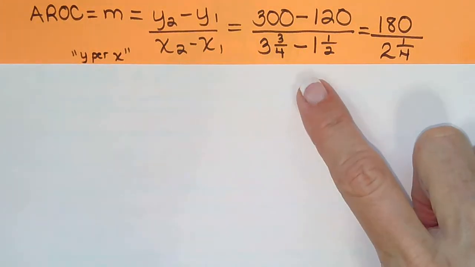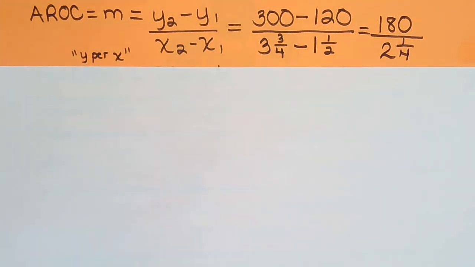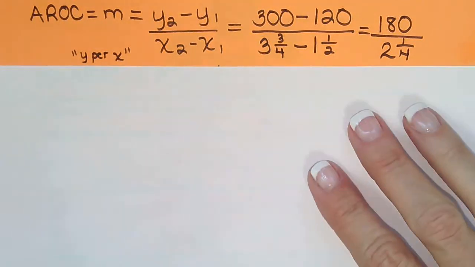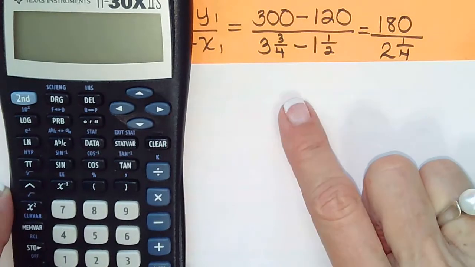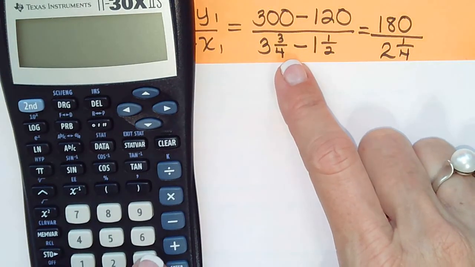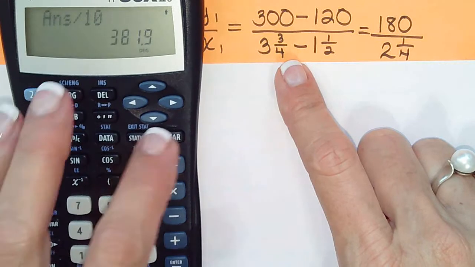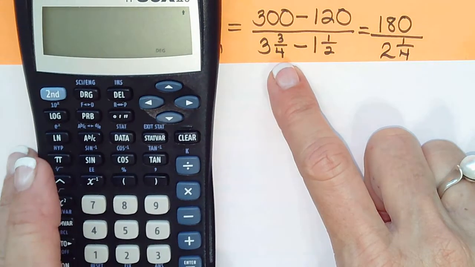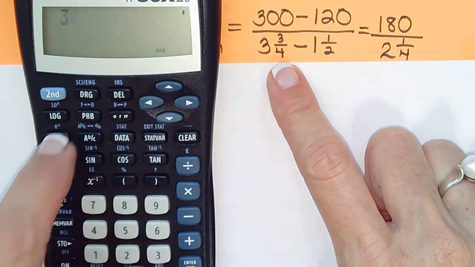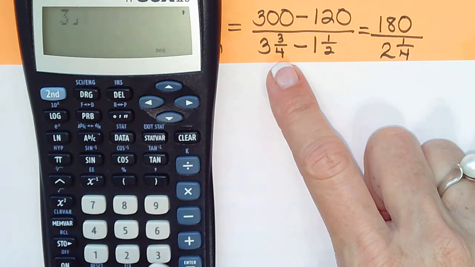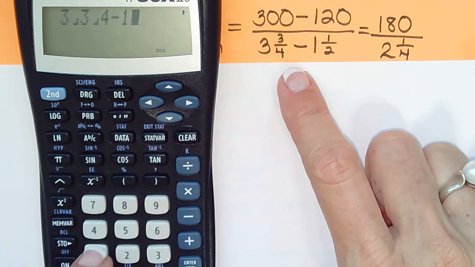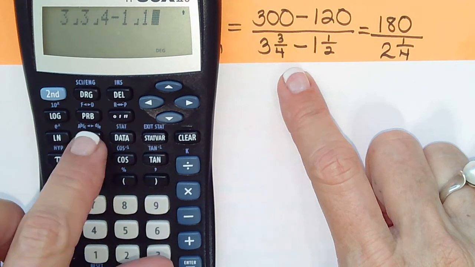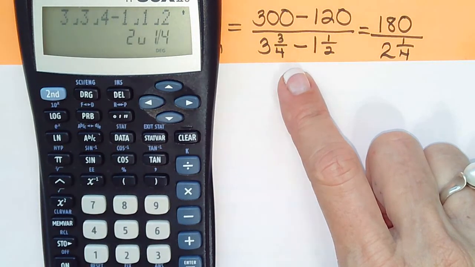Okay, I want to go through this operation on the calculator one more time just to make sure everybody got it, because I want to make sure you all know how to do mixed numbers. So in the numerator, obviously, you know how we got that. It was 300 minus 120. In the denominator, we have to hit the fraction bar twice for mixed numbers. So 3 fraction bar 3 fraction bar 4 minus 1 fraction bar 1 fraction bar 2, and we got 2